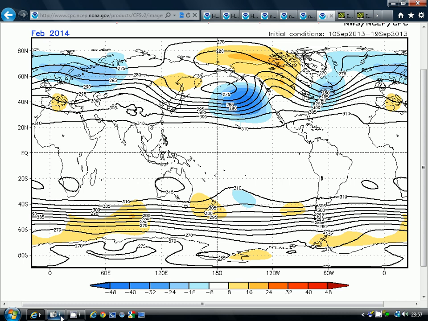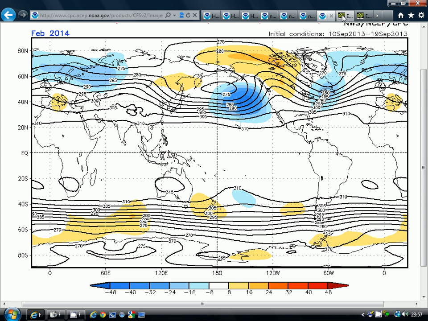So aside from January, and even in terms of January, the CFS model is sort of backing off from the signal for blocking, but it is still there. It's more evident in January. But overall, the CFS model is sort of backing away just at the moment from its prediction of really quite a cold and blocked winter. Of course, it may well come back again.